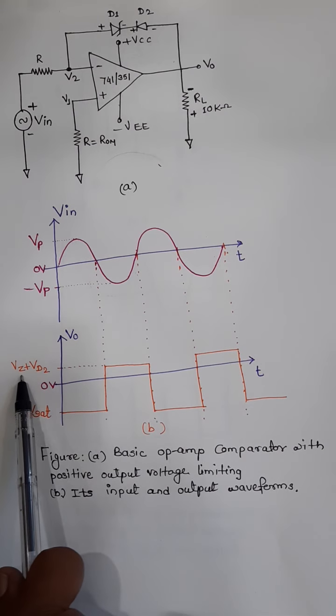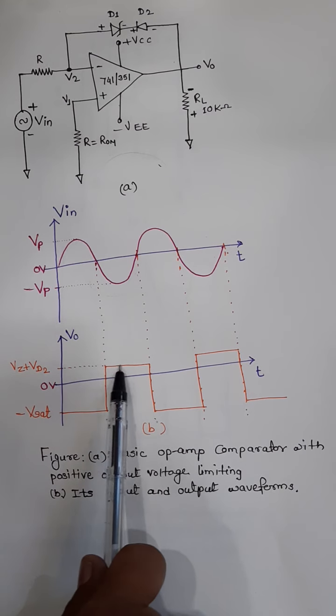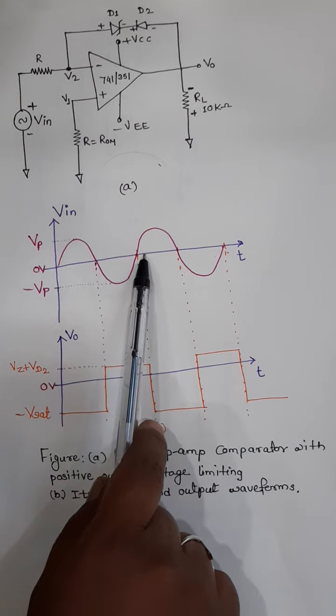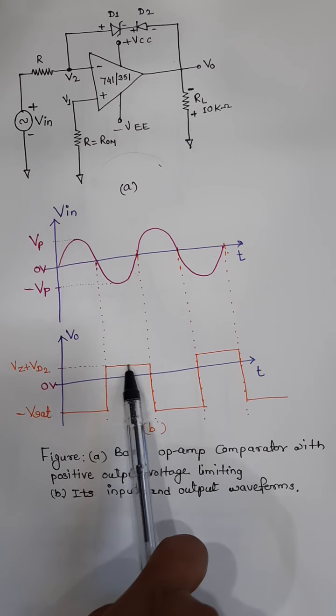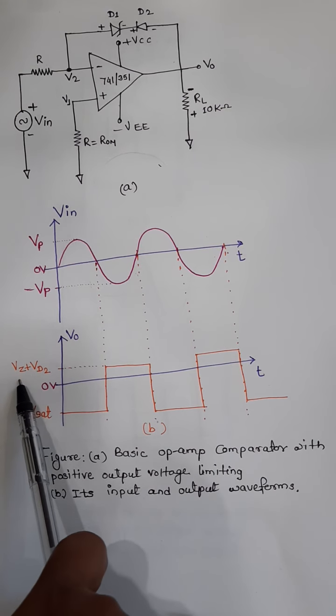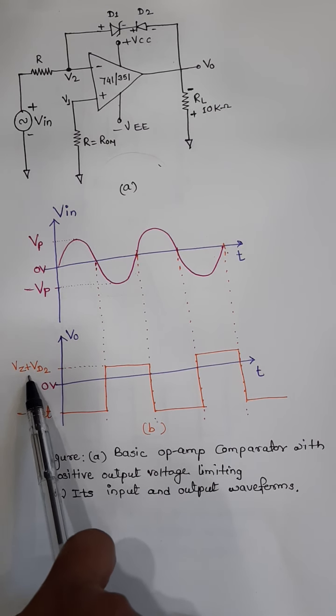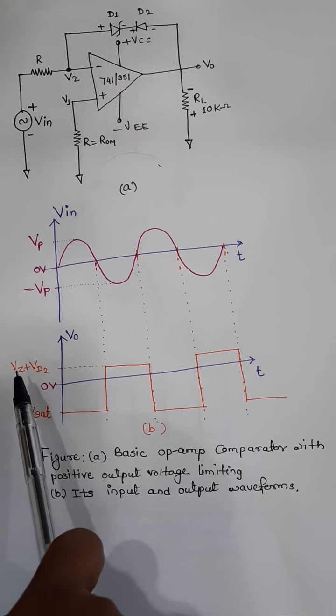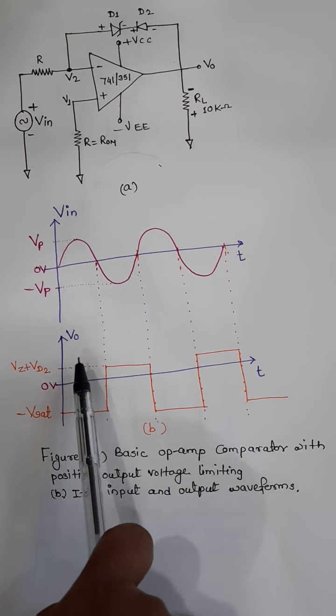So what is the output voltage in positive direction? VZ plus VD2 is the output. When the input is at negative half cycle, we get the positive output, which is limited to a value of Vz plus Vd2, or we can say that it is Vz plus 0.7